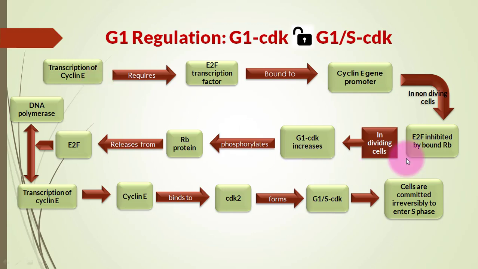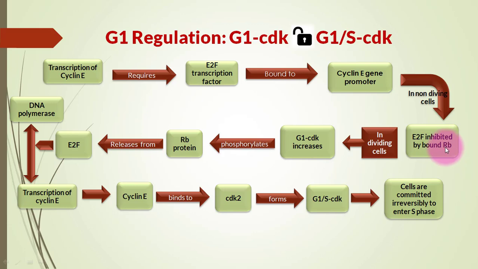Now what about the RB protein? What is the RB protein? It is a type of protein that is activated by underphosphorylation and inactivated by hyperphosphorylation. If we add a phosphate group to this RB protein, the protein will turn inactive. And if we remove the phosphate group from the RB protein, then the protein will be active. So this RB protein, retinoblastoma protein, is activated by underphosphorylation and inactivated by hyperphosphorylation. Addition of phosphate will inactivate the RB protein. Removal of phosphate will